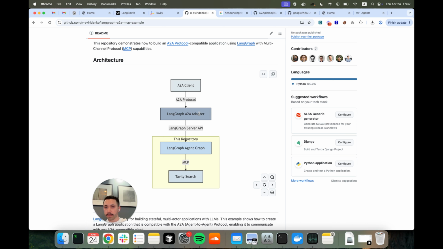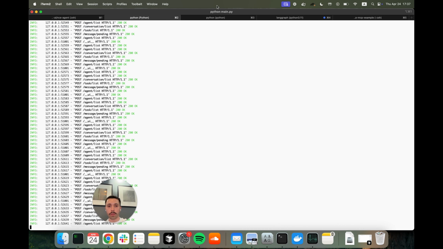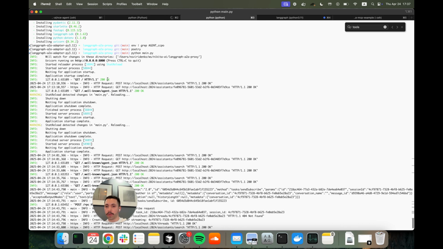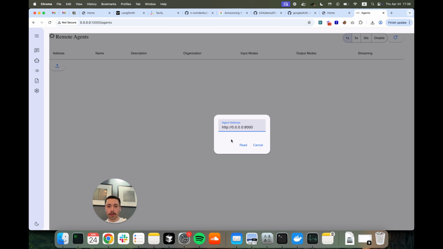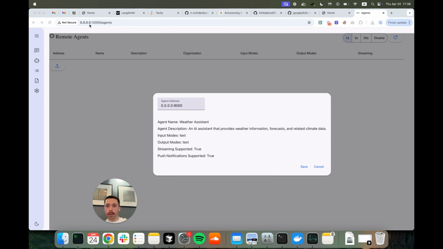I will not be going too deep into this, but basically this adapter converts A2A compatible communication into the communication that LangGraph expects. This server, this adapter, is already running on my end, under this host and port. So if you just copy it and paste it into the agent address field and click read, they have a bug. You need to enter the domain without the scheme. So not HTTP, etc., but just 4 zeros and then the port. So once you do this, it fetches the agent card,